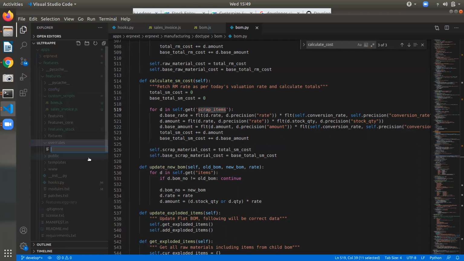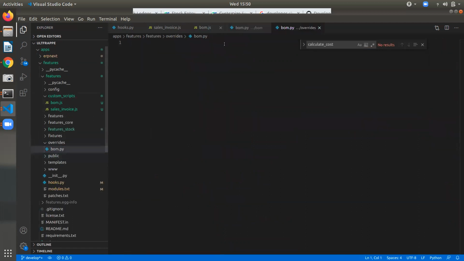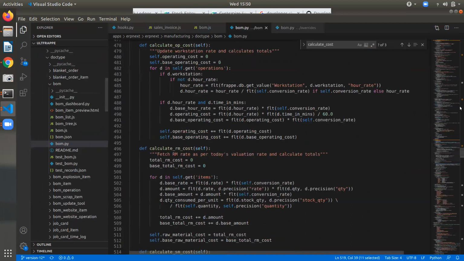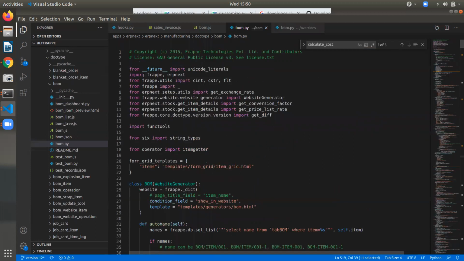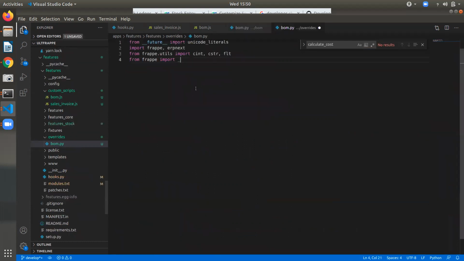Here we'll create one program for that, bom.py. We'll just copy what we want from ERPNext. You can copy from here, paste it here. Then you can define a function for that.